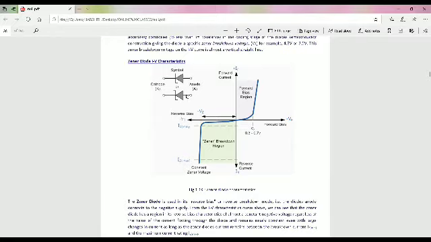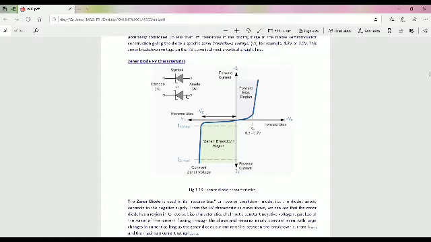In this way, from the bottom of the knee, the breakdown voltage remains almost constant, though it increases slightly as the Zener current IZ increases. The current at which the nominal Zener breakdown voltage is specified is called the Zener test current, denoted as IZ. The value and the corresponding Zener voltage VZ are specified on a Zener diode.